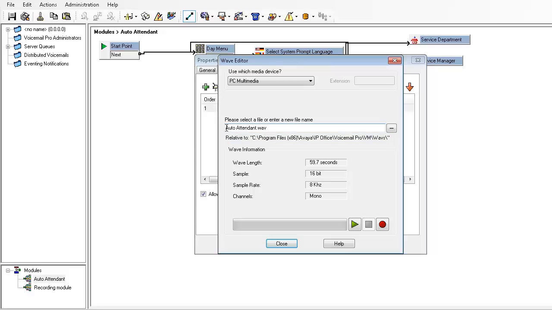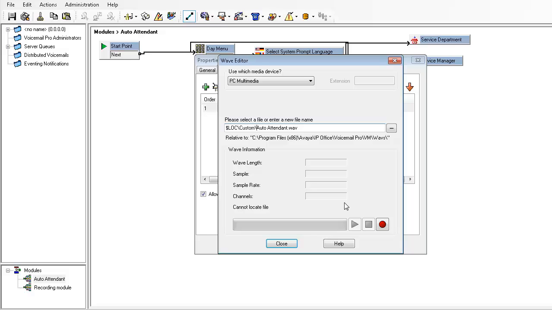So what I'm going to do is click on the beginning of this line and add $LOC / custom / and then the name of my auto attendant that I wanted, which in this case is auto attendant.